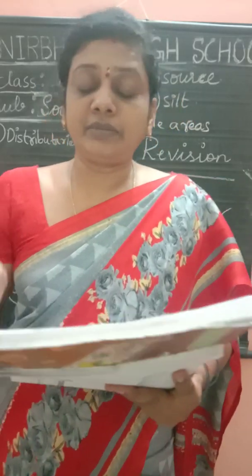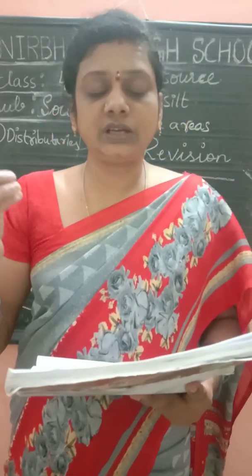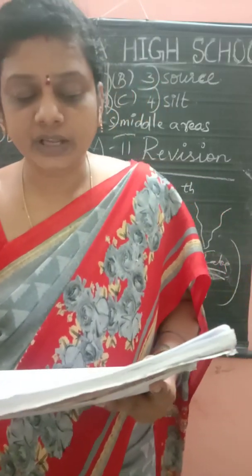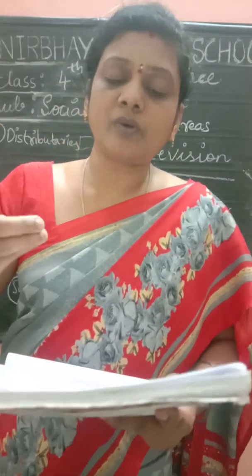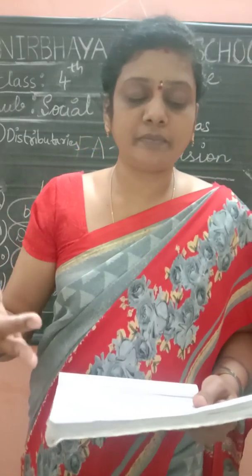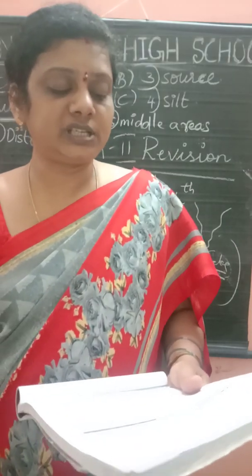Yes, and I'm repeating the answer once again. See here, children. We should look after the rivers as the silt brought by rivers is good for farming. Yes, and the rivers also provide us the drinking water. Without the water, we cannot live. Drinking water, yes. We can help to look after the rivers by not throwing the waste such as plastics into them, and not polluting the river water. Yes, and the next one, children, the 20th answer.